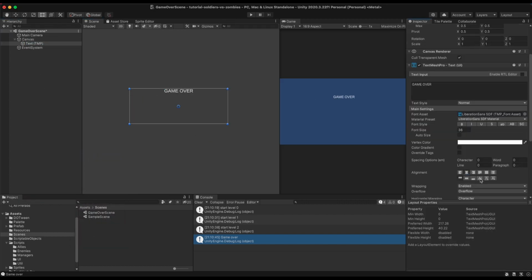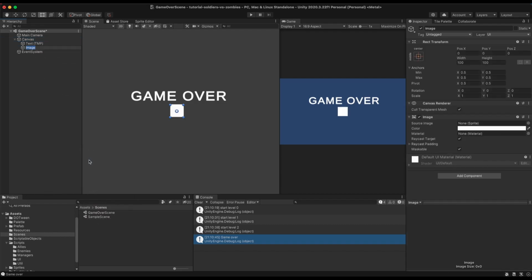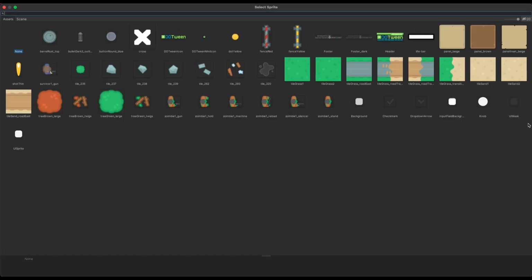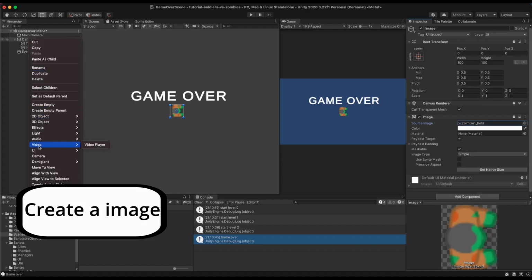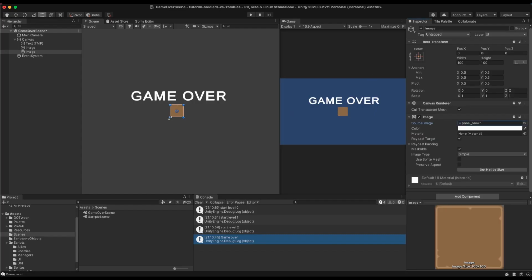Let me align the middle and increase its size. And let's create an image to show how many zombies were killed. Let's show the zombie. And also let's create a panel. Let's use this panel brown, resize it, put this in the middle. Let's rename this to panel outer. Drag the image